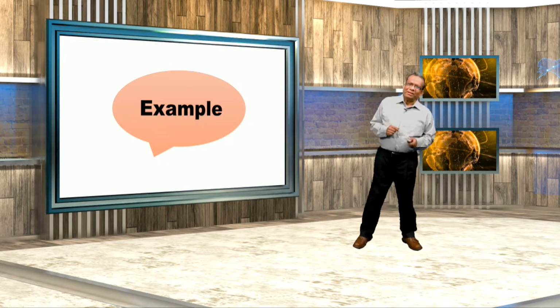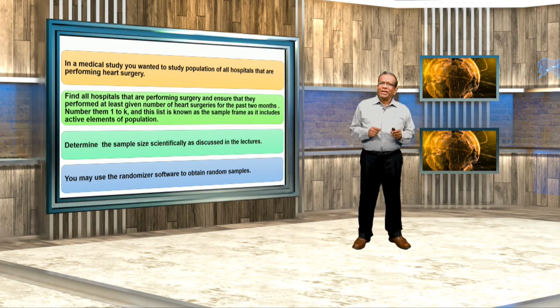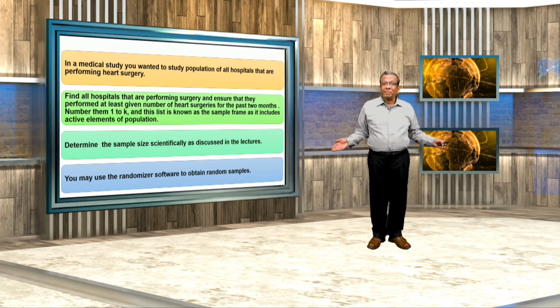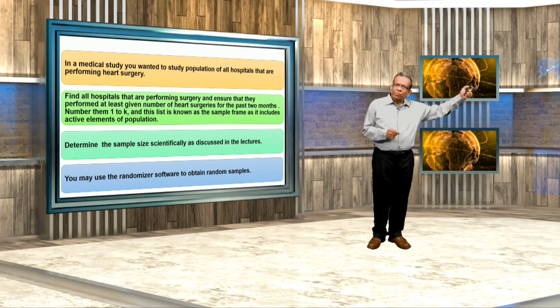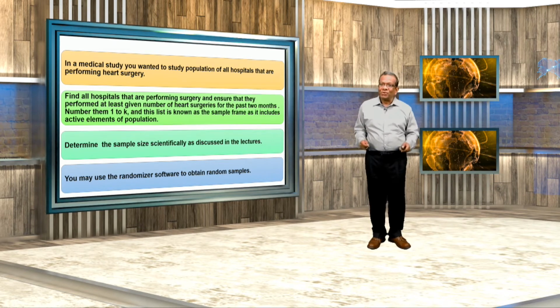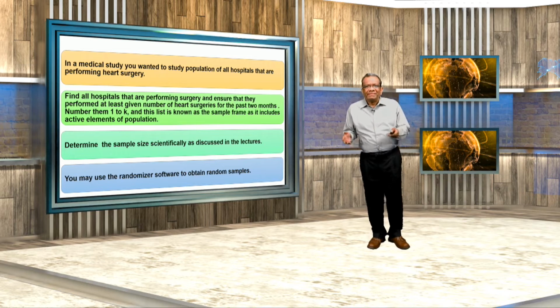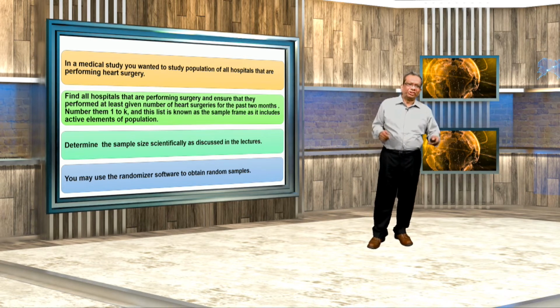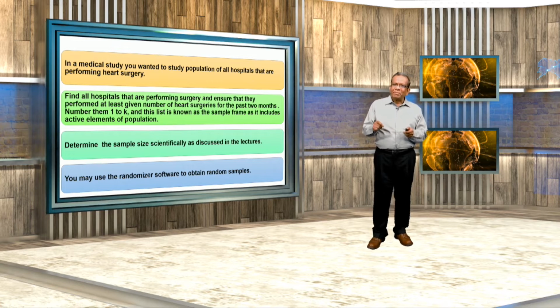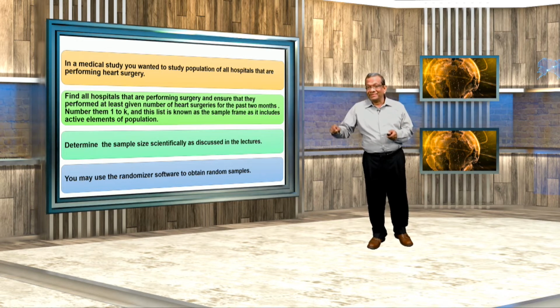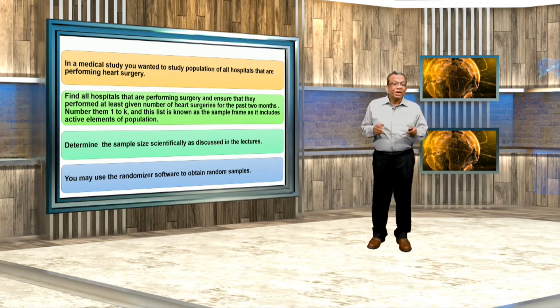This is the process of simple random sampling. Let me give an example. In a medical study, you wanted to study the population of all hospitals that are performing heart surgery. First, find all hospitals that are performing surgery and ensure that they have performed at least a given number of heart surgeries for the past 2 months. Number them as 1 to k, and this list is known as the sample frame, as it includes active elements of the population. Determine the sample size scientifically as discussed in the lectures, and you may use the randomizer software to